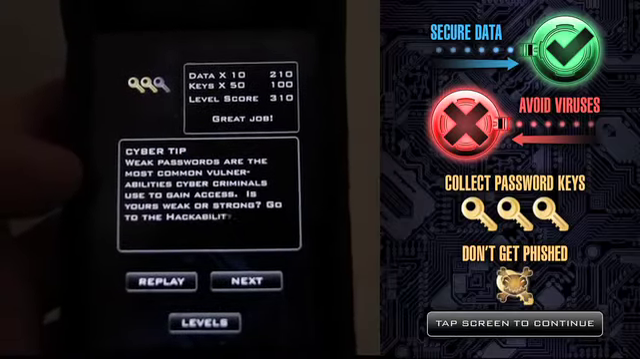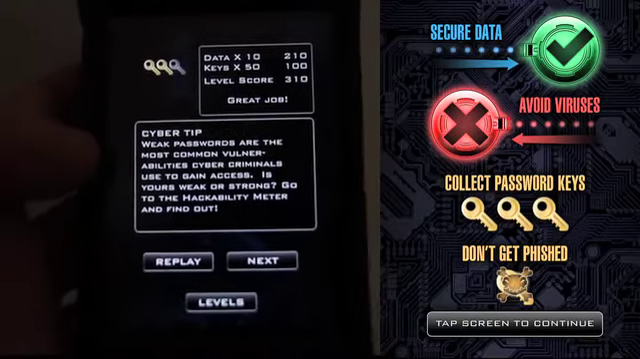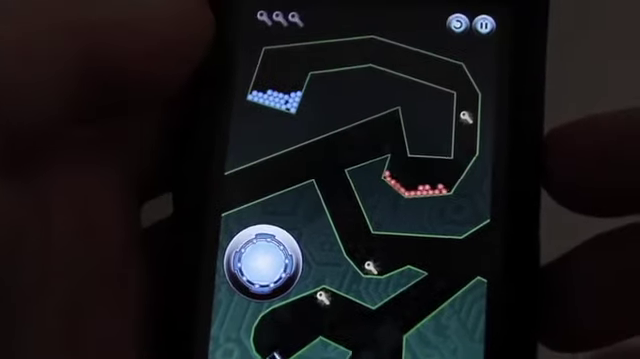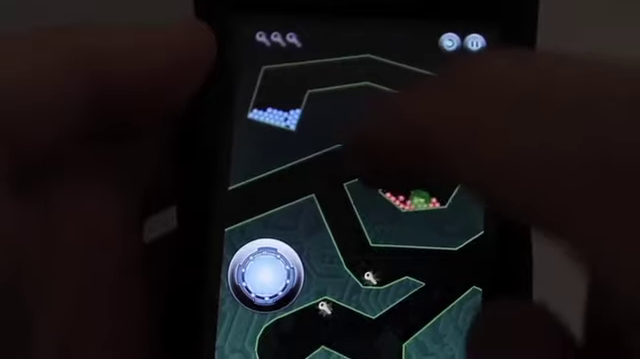It gives you tips on what not to do and what to do. One of the tips it gave me is that don't open attachments on an unidentified email. One of the tips was when you're making a password to use capital letters and lowercase and special icons. I would definitely recommend it to my friends because it's a fun game and it teaches you how to be